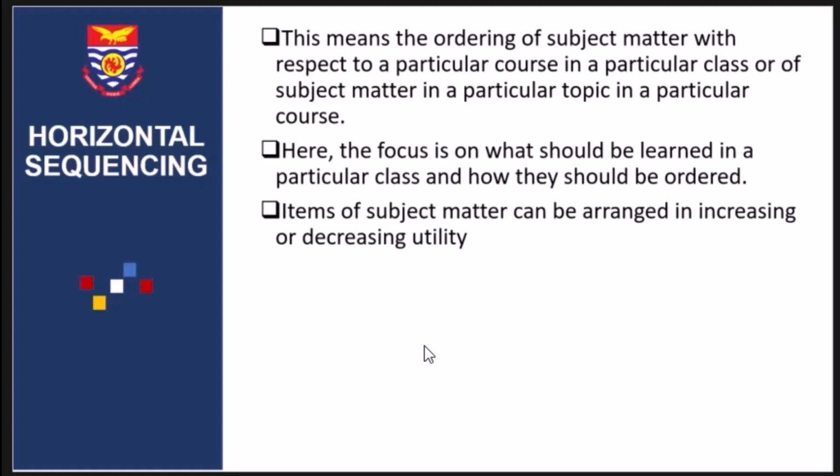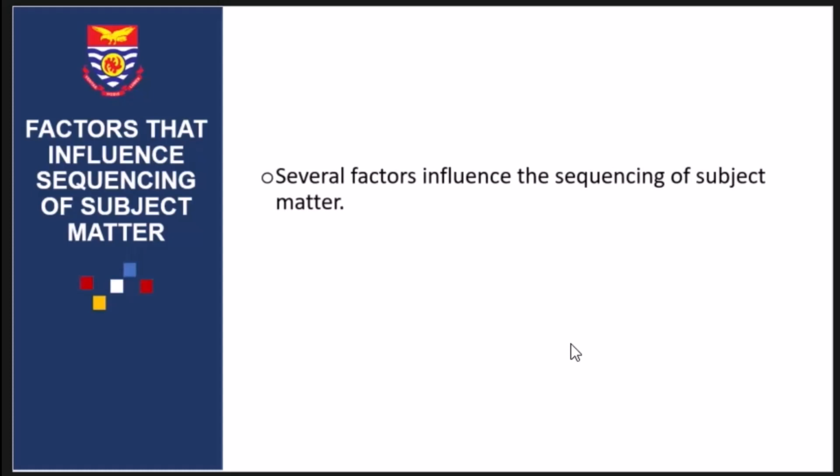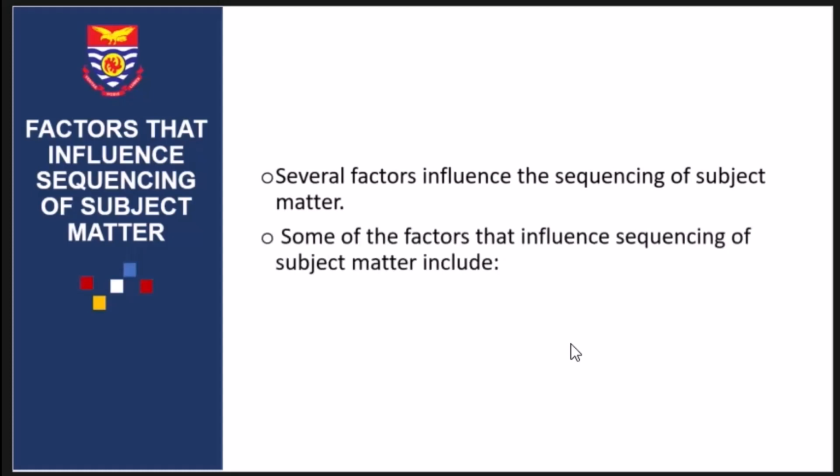If you start with that, then you are decreasing. So you start from the highest and you are decreasing, you are going down. But if you start with the easiest one and you proceed in that order, then we talk of increasing utility. Let's now focus or look at factors that influence the sequencing of subject matter. What are the factors? There are several of them, but in this lesson, we shall consider the following: